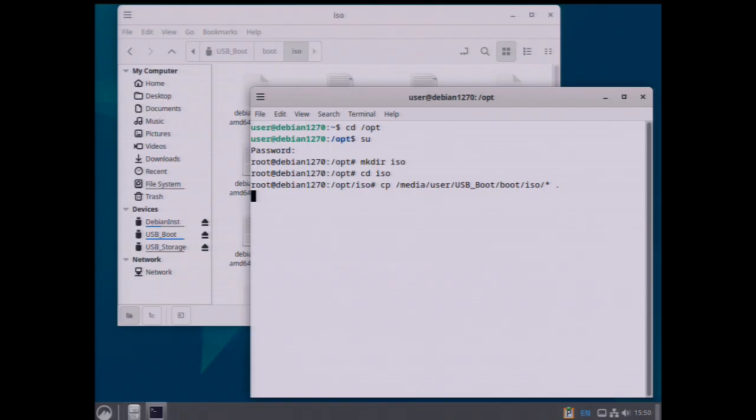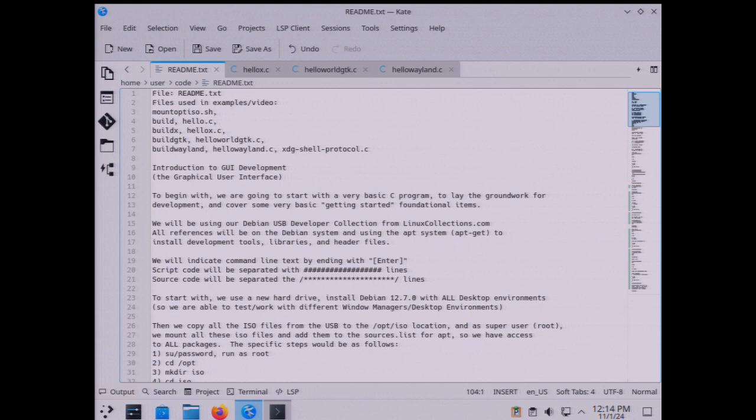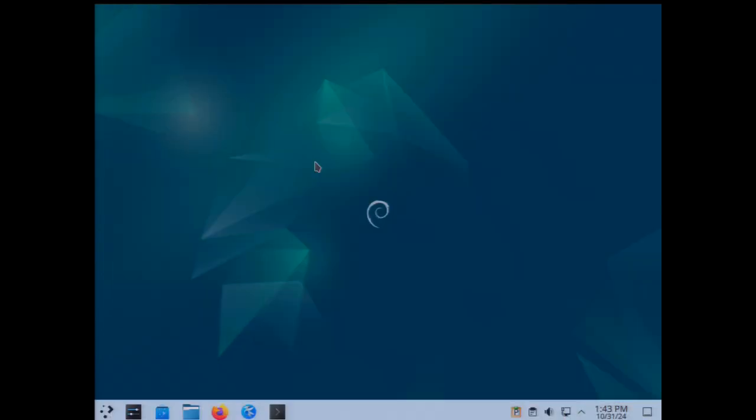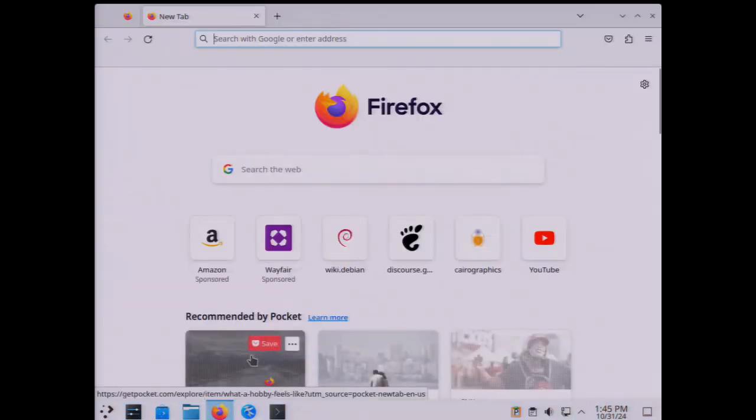Finally, once we get installed, we're going to do a couple of steps, and this is outlined in the readme.txt as part of the code and notes. This is detailed in the notes, but conceptually we're going to make a directory and copy all the ISO files into it. The one advantage of this approach is you do not need internet access, and it'll be the fastest way to get these packages installed. So let's get started by downloading the zip file that has our intro GUI dev files